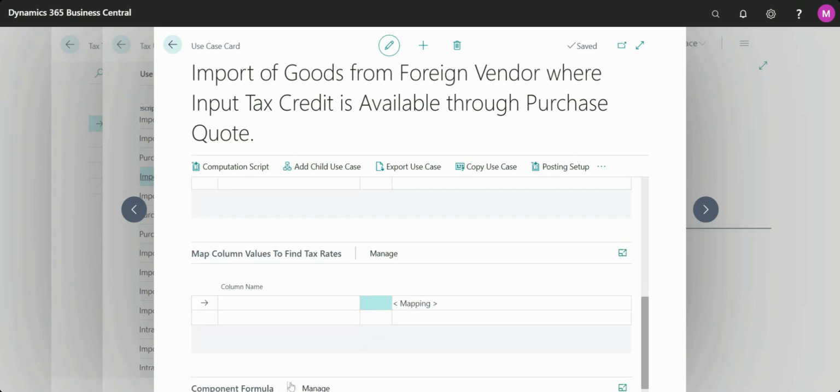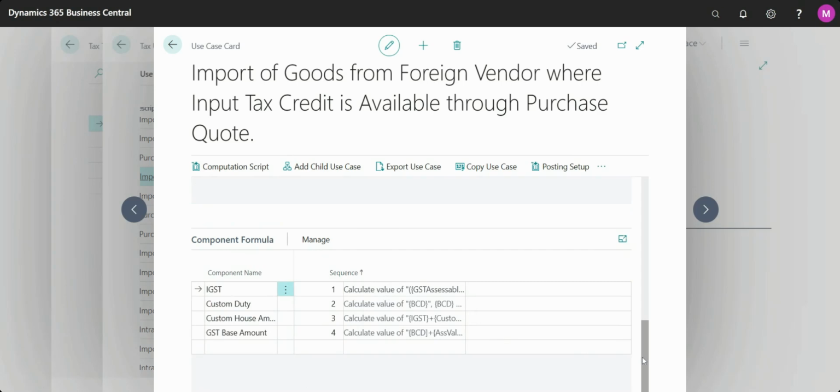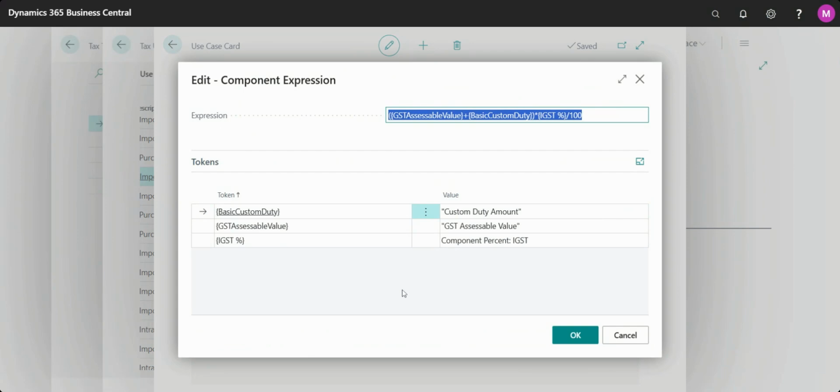And the component formula, see, IGST, the custom duty, and the other things. And you can also check how this will calculate based on the base value, then the other things. GST assessable value plus basic custom duty and the percentage.